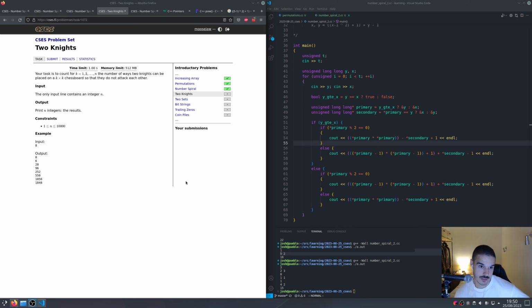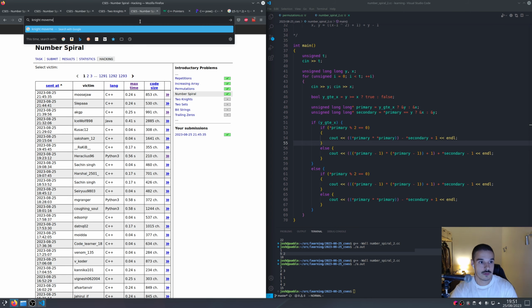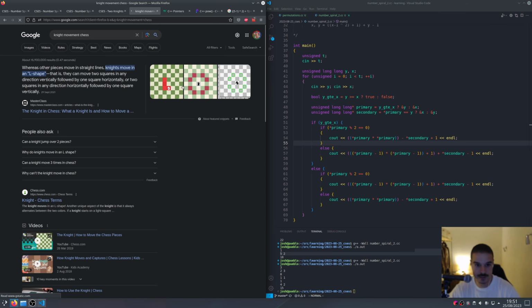So here, now this actually does involve chess knowledge, which I don't have. Find the number of ways two knights can be placed on a k by k chessboard so that they do not attack each other. So I guess number one is to actually look at where